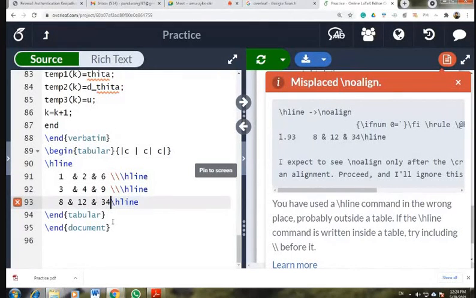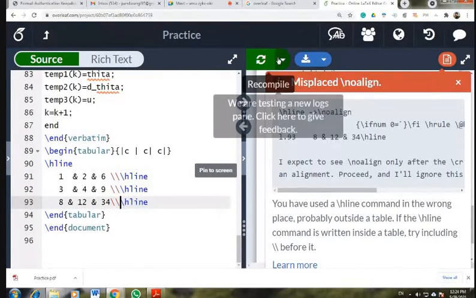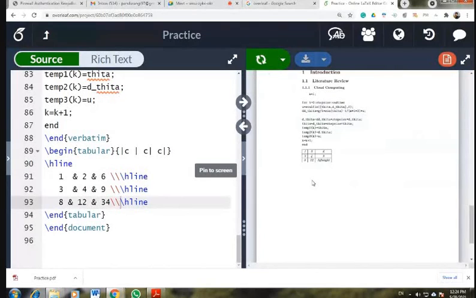You have to use the newline, because the hline has to be in the next line. So that's why the error is shown here. So this is how you can give the vertical and horizontal lines to the table. Is it clear?